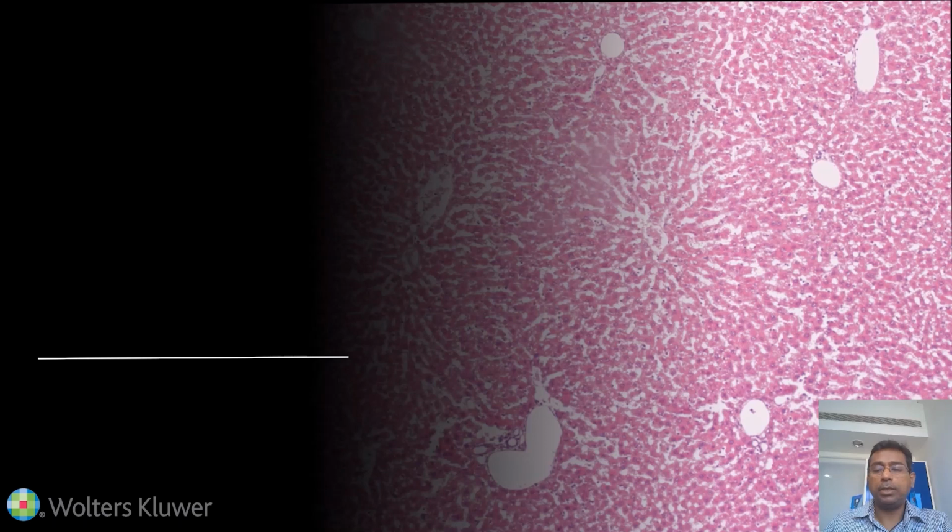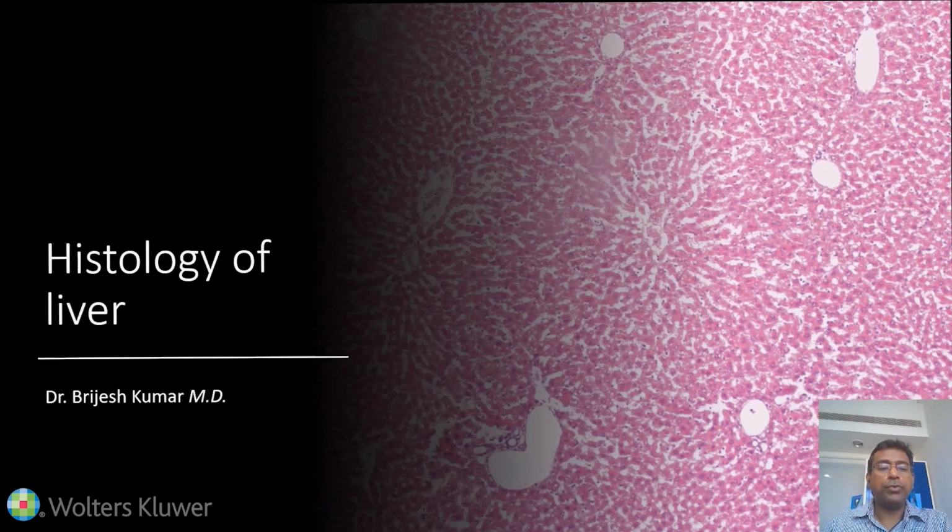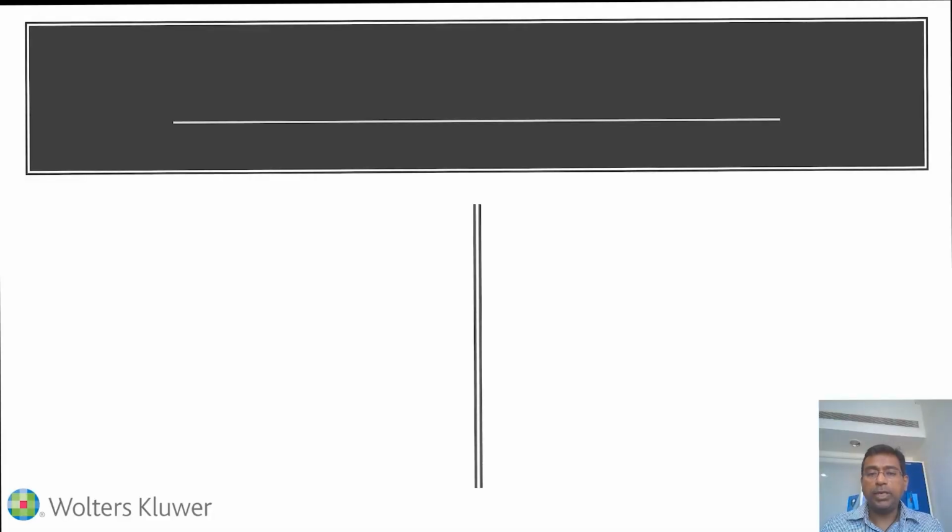Hello everyone. In this presentation, we are going to see the histology of liver and we will try to correlate how the tissues in this organ are organized to perform its function. As we all know, the liver is the largest organ of the body and it performs several important functions such as synthesis of urea, bile, detoxification of several metabolic wastes and drugs,